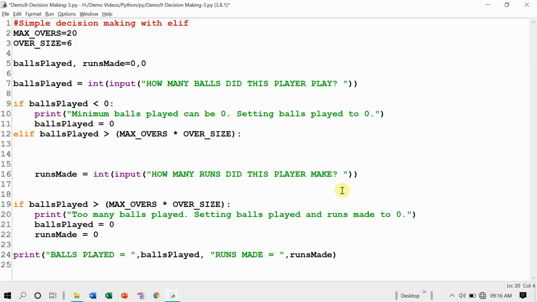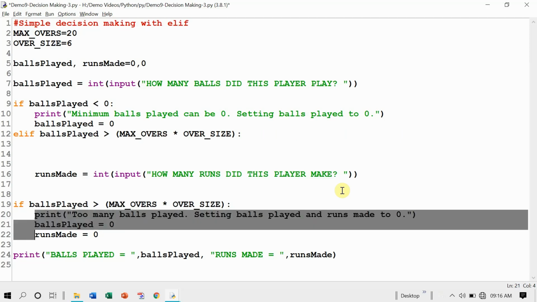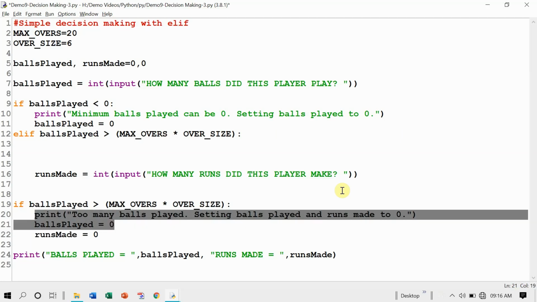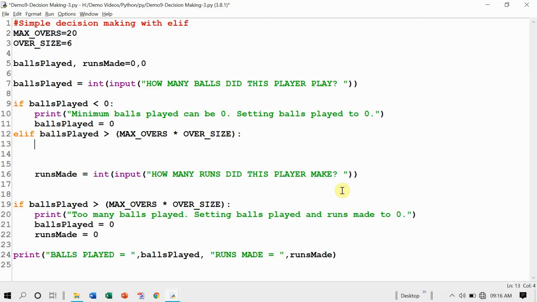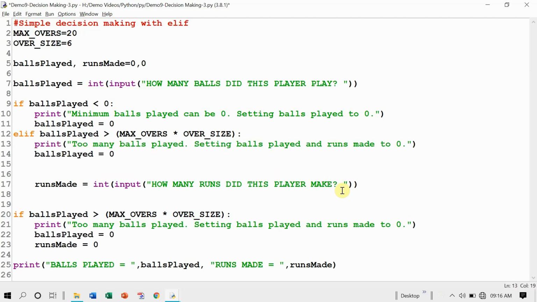Watch carefully what changes are being made. This entire if block, all the statements here, just 2 statements, they are being copied and placed here. Appropriate message is being displayed, and we are using another elif. See how this is being done now.